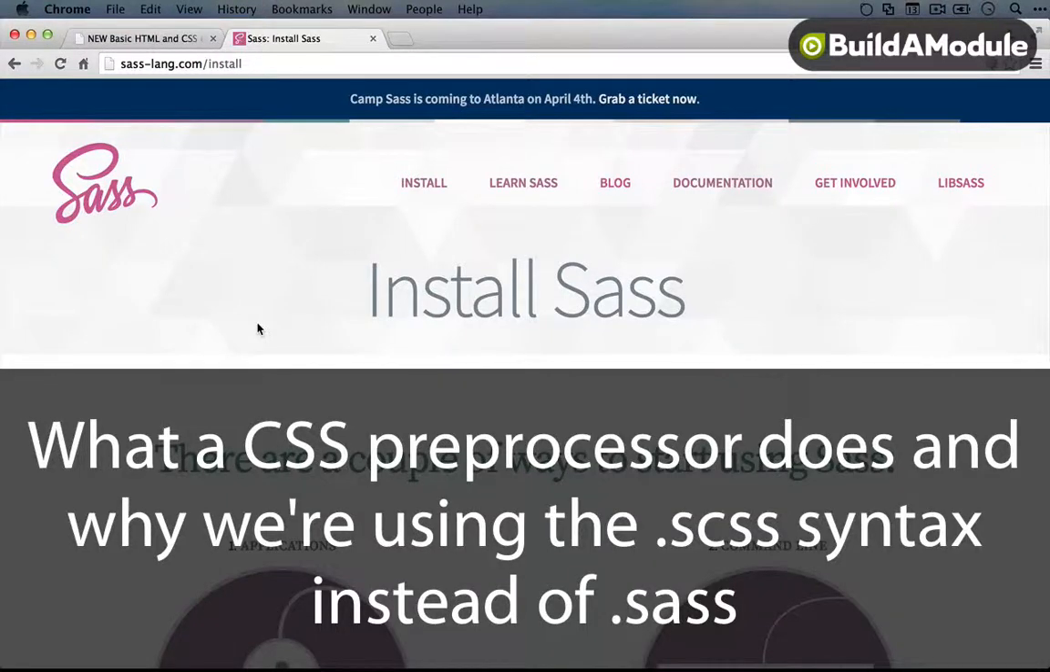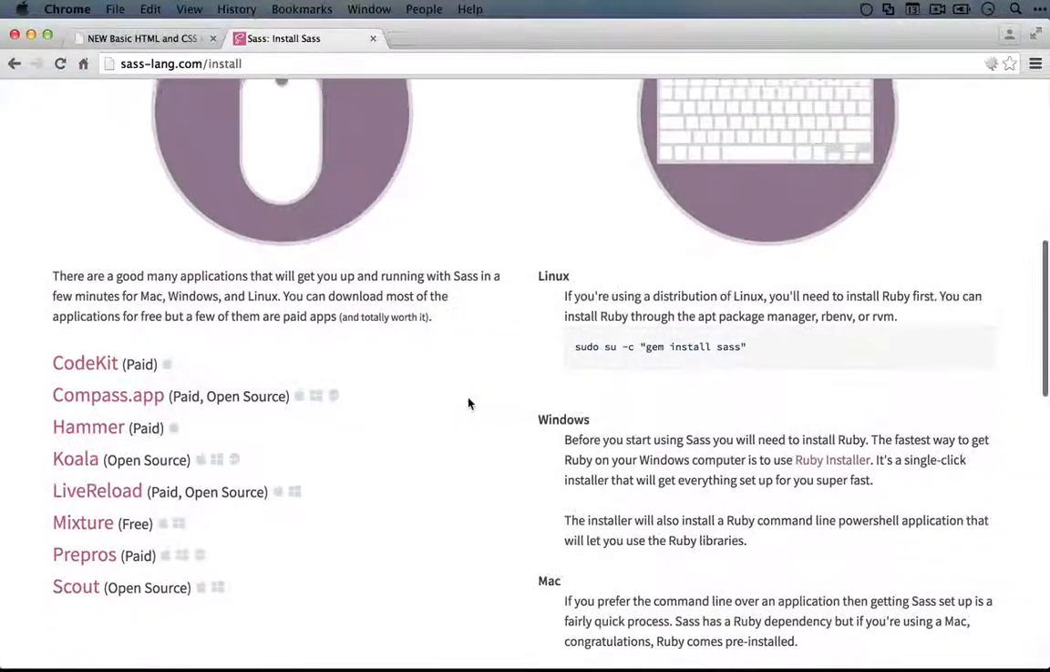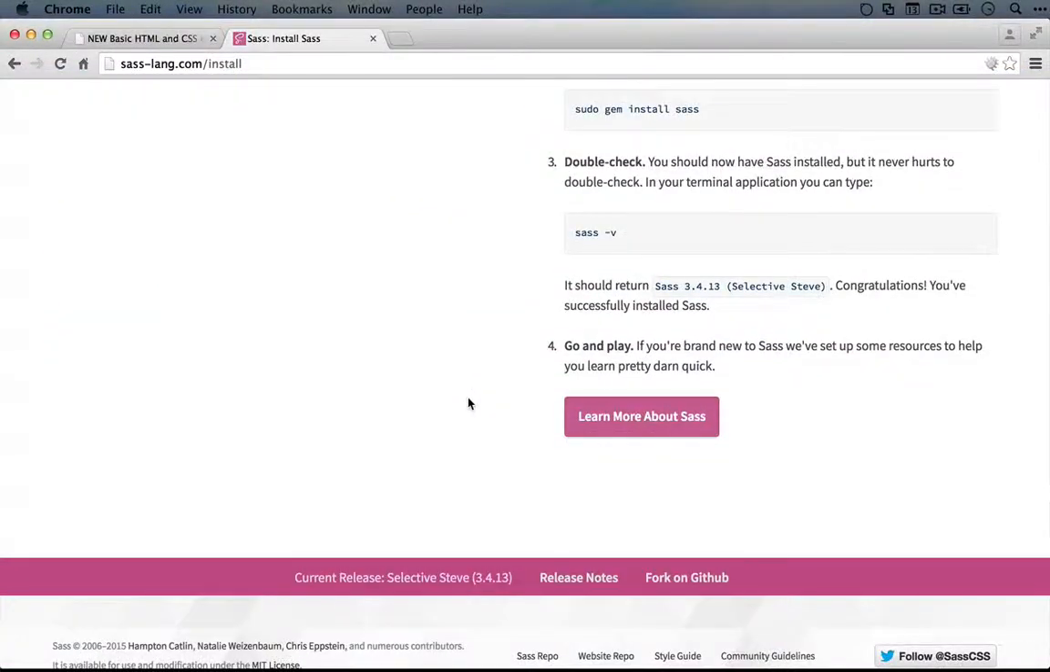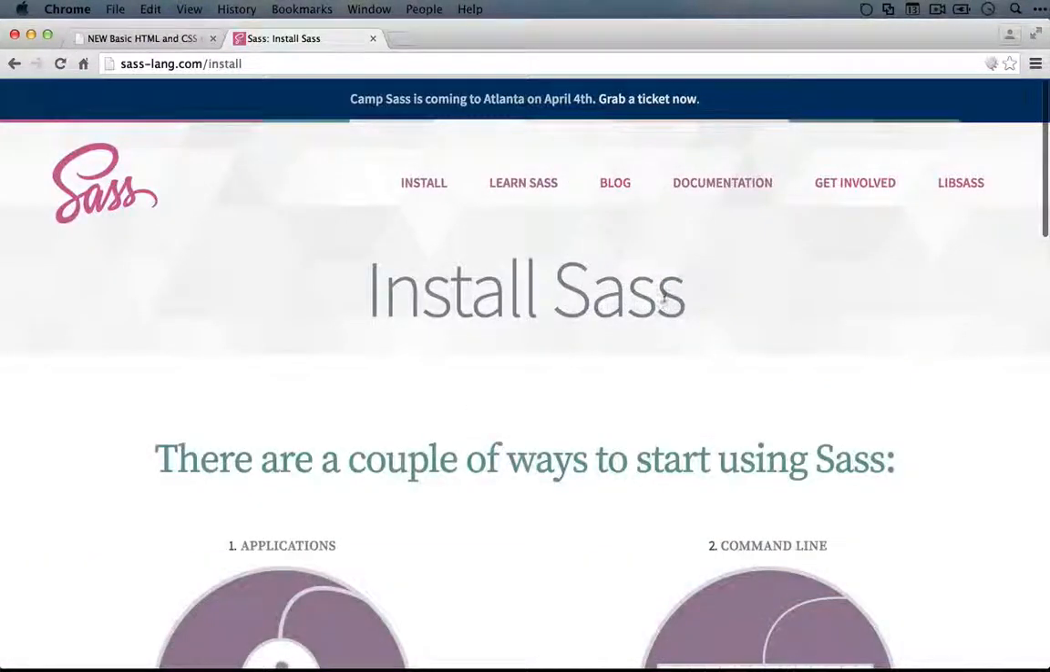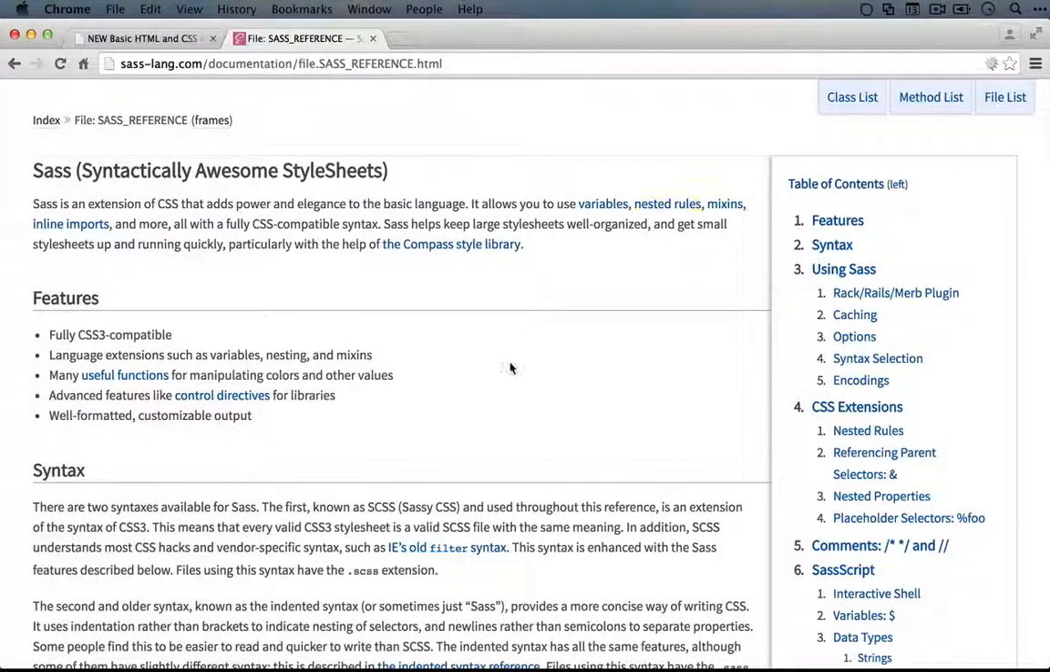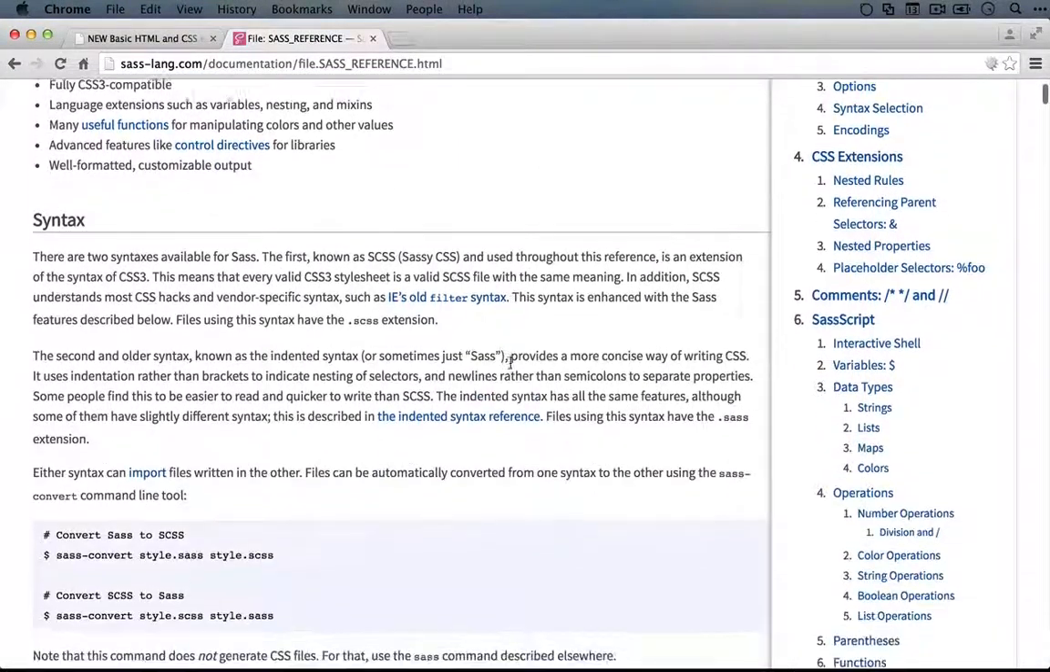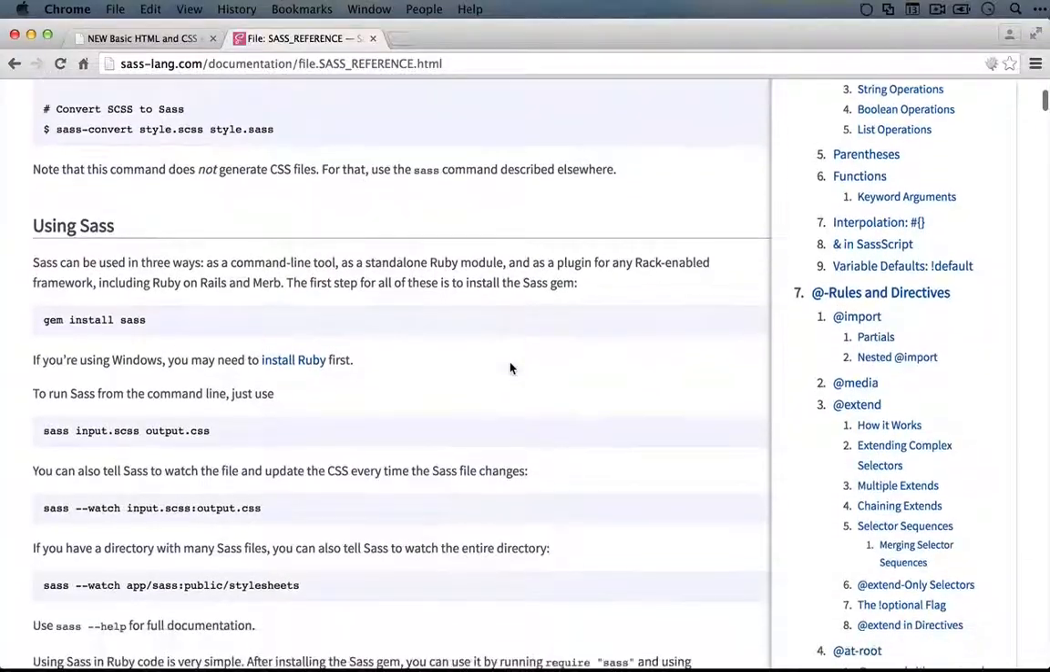So now that we have Sass installed, how exactly do we use it? On this install page, it doesn't give us a lot of information. Hopefully in the future it will, but we can learn more by going to the documentation page. Now this has a lot of data on it, but if you scroll down to the Using Sass section, it